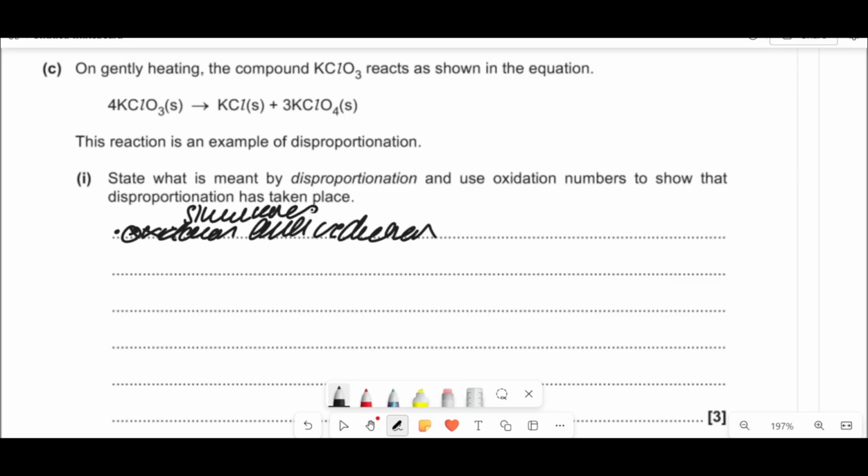I was going to say simultaneously, but simultaneous oxidation and reduction of the same element. You can't just say species, because that's not narrowing it down to an element. It could be like a piece, if that makes sense of things. Like, for example, a compound could be oxidized or reduced as well in that sense, if you look at it